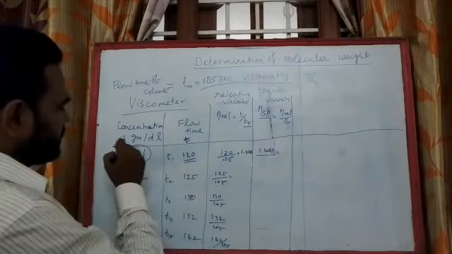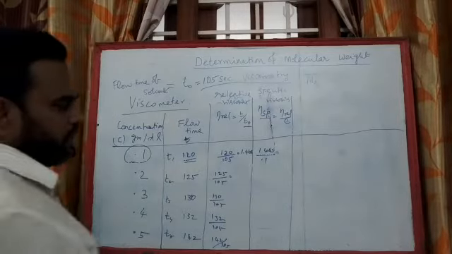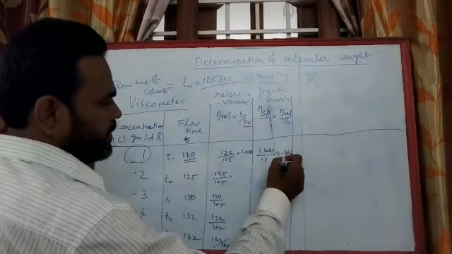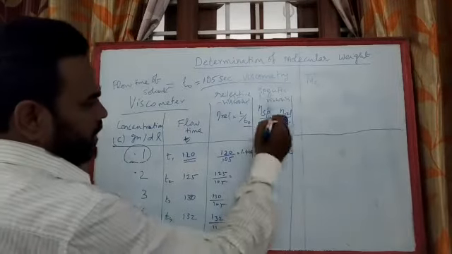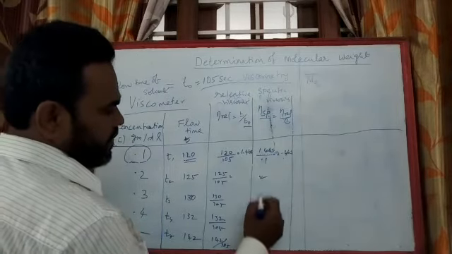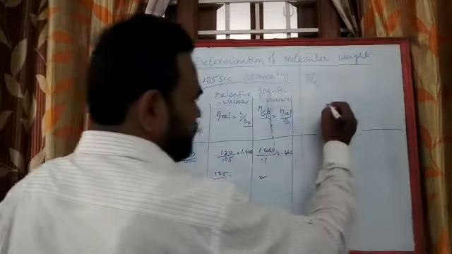C is the concentration, so this should be 0.1. So you will get 0.463 something like that. Then similarly you find it for different concentrations. The next measurement should be